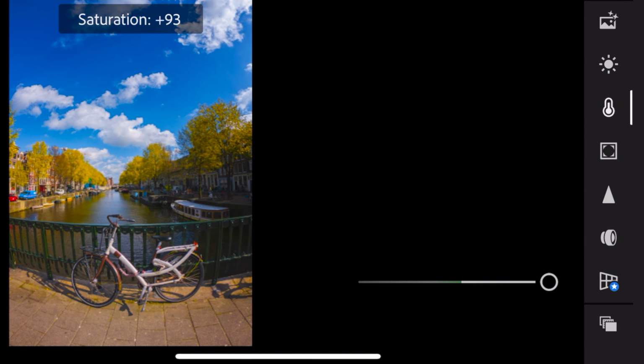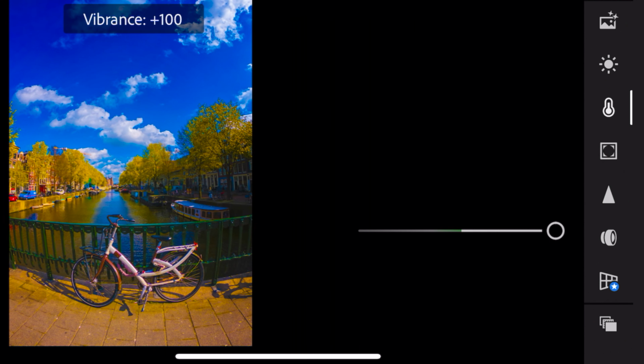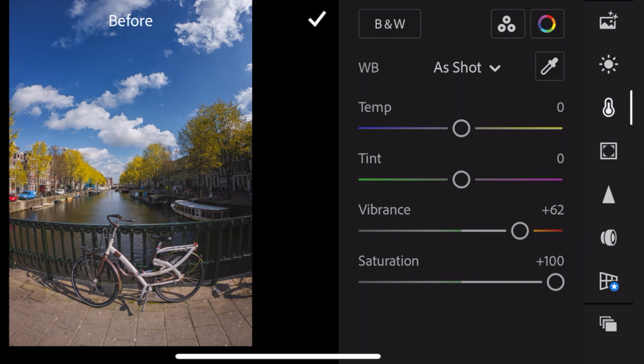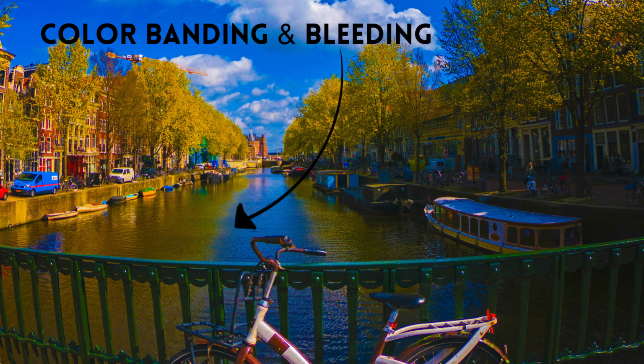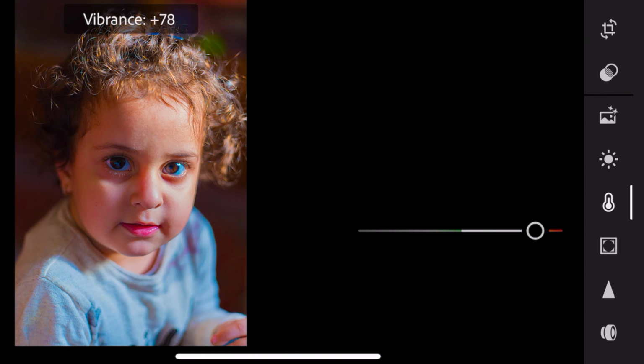Let's talk about the first mistake, the most common one. Oversaturation and over sharpening. We all like to use that slider from 0 to 100 like we speed on the express highway in a car, which is very risky. Now when you add too much vibrance or saturation to your image, it looks very unnatural. It makes the image bleed, causes banding, and in portrait it makes the whole skin feel and texture